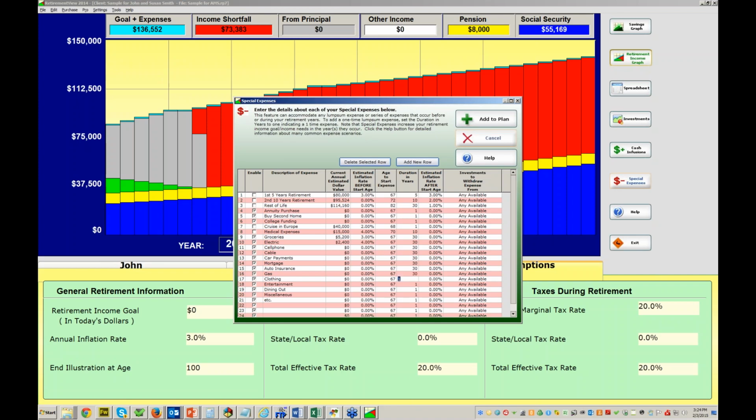Actually, probably ought to put 40 on there. Maybe clothing we don't do the whole time. Maybe we only do that for 15 years. Entertainment, 15 years. Dining out, we'll do that for 15 years. Miscellaneous, I don't know, 30 years. So then you can go through and put these different